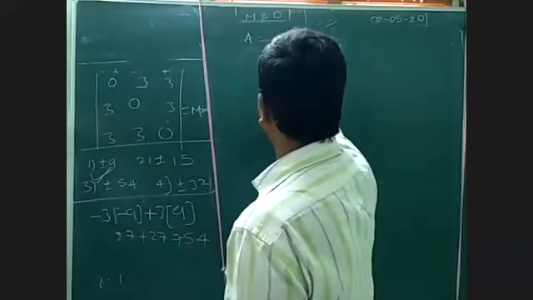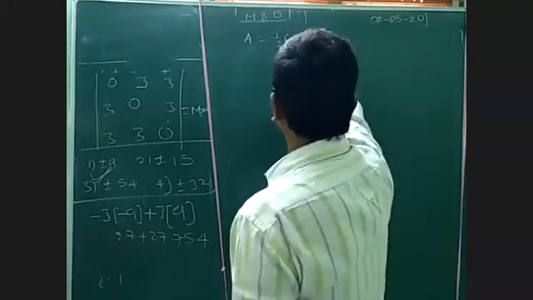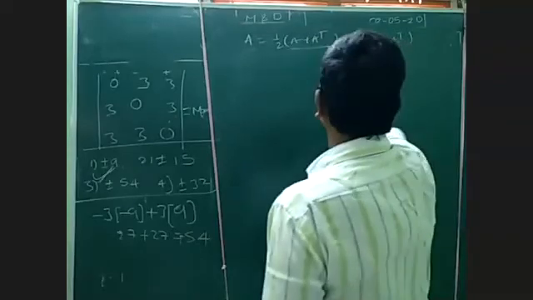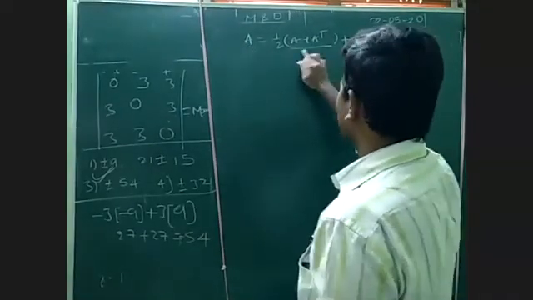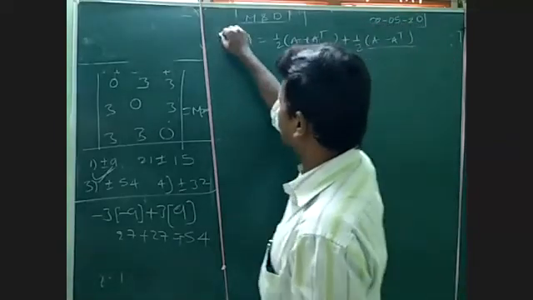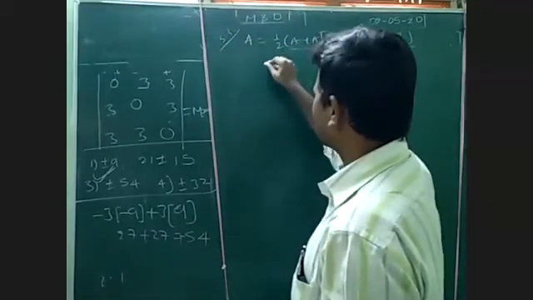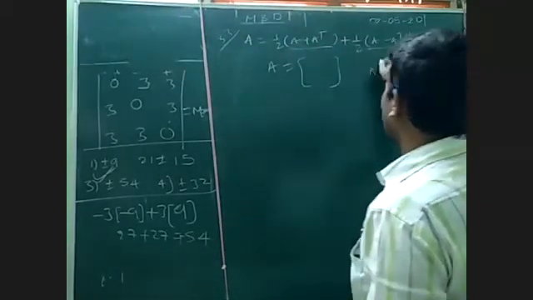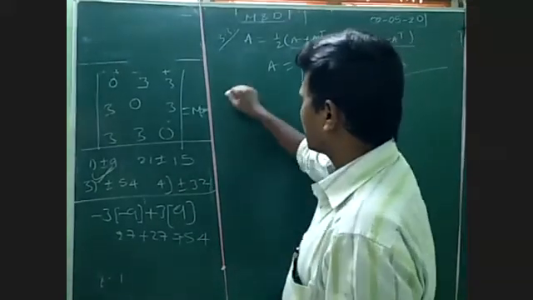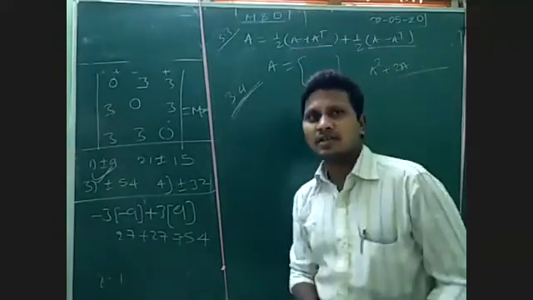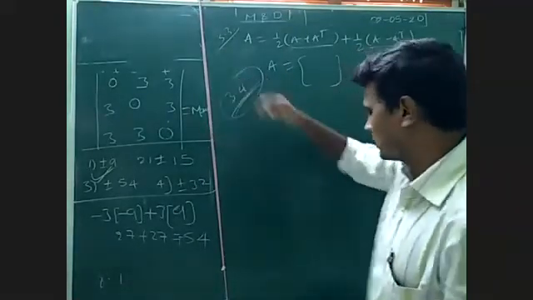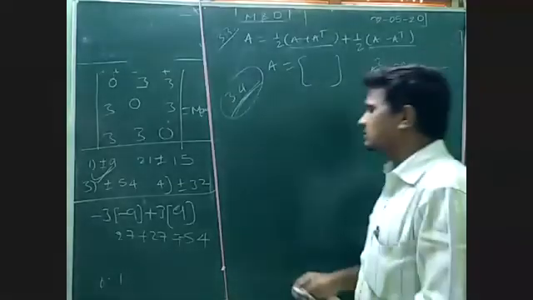Any matrix can be written as the sum of symmetric and skew symmetric matrices. Here you already know that this is symmetric and this is skew symmetric. Every square matrix can be uniquely expressed as the sum of a symmetric and a skew symmetric matrix. Even if they give a value, we can prove that A square plus 2A like that. So that is the characteristic equation. And 3.4 is related to the inverse of a matrix by using row transformation and column transformation. So these are the 4 exercises related to matrices.